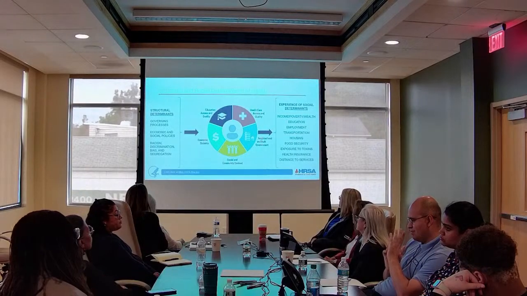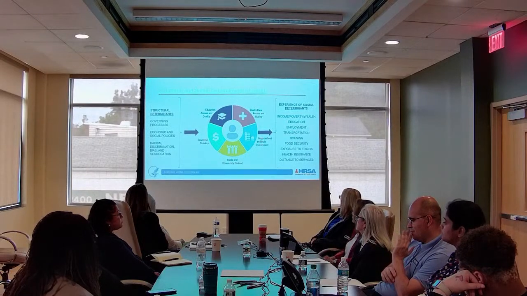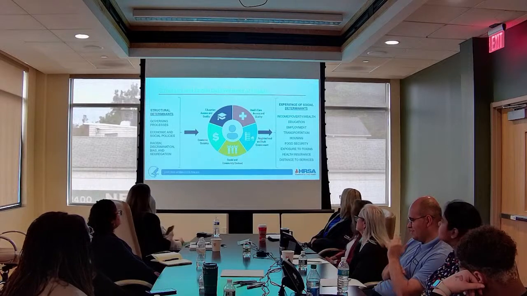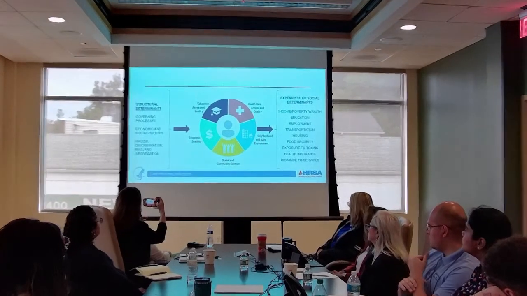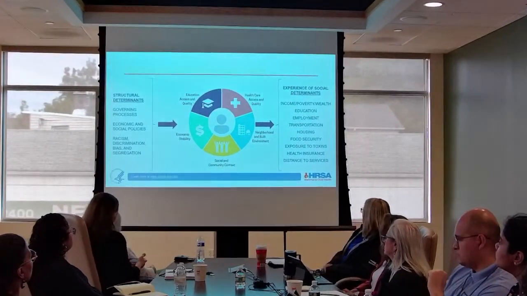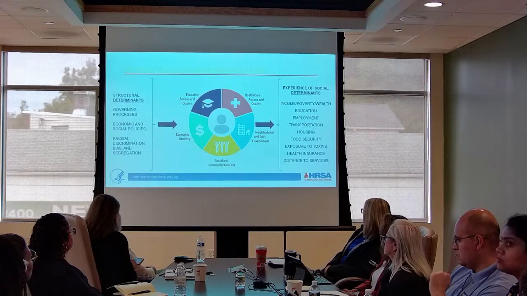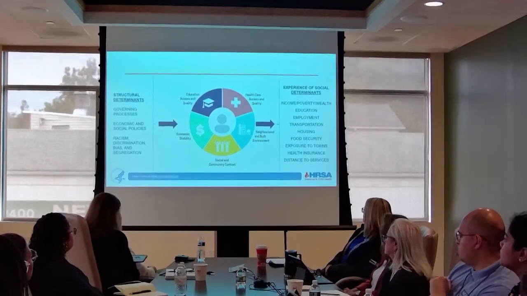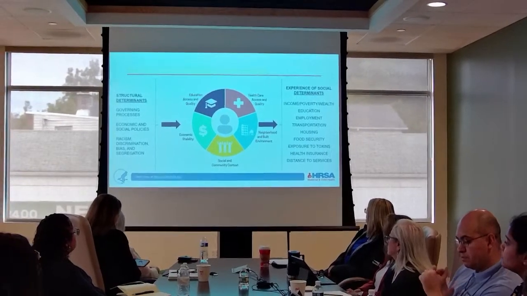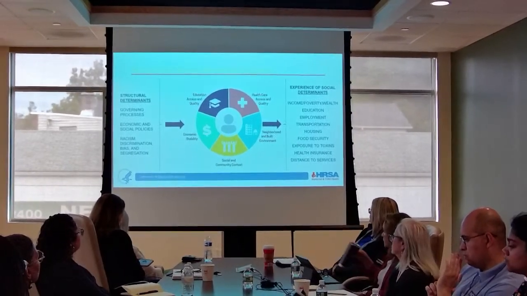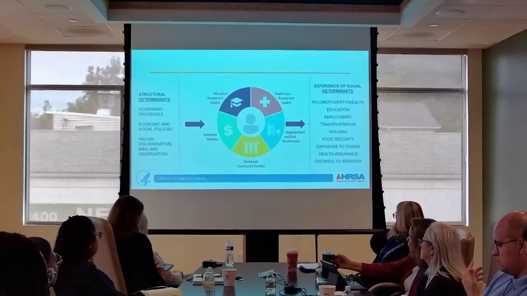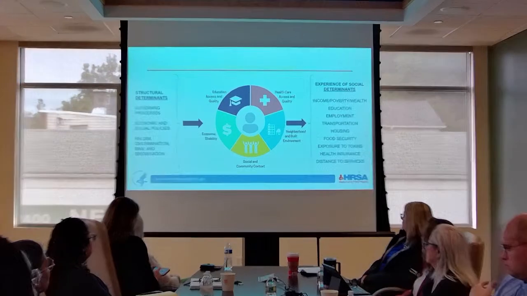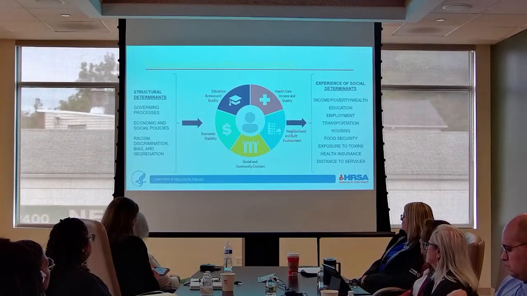But before we get there, we really have to focus on what was discussed in the video we just watched around structural determinants. This is where we're looking at what the governing processes are over certain systems. What are our economic and social policies looking like? And what can be done to adjust them so that they are more fair? And how are we going to finally address and hopefully get rid of racism, discrimination, bias, and segregation,